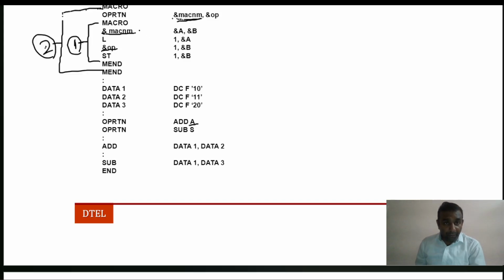What we have to perform is to replace the calling statement with its body, meaning OPRTN add a is replaced with its body. Before that, we need to define some data structures for the microprocessor. So this is about the problem. What we need to define are MNT,